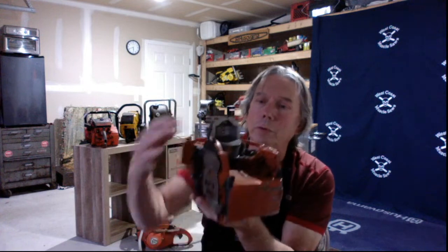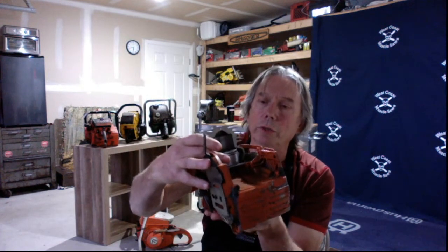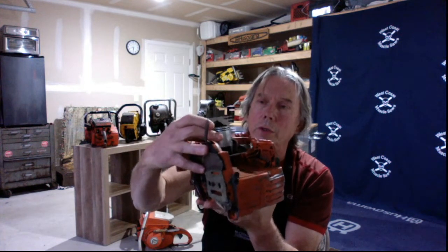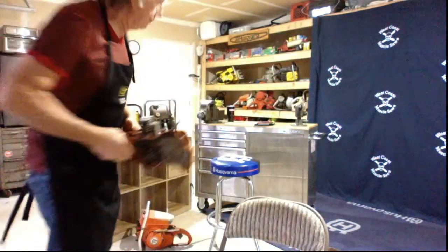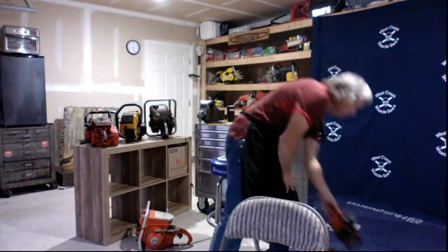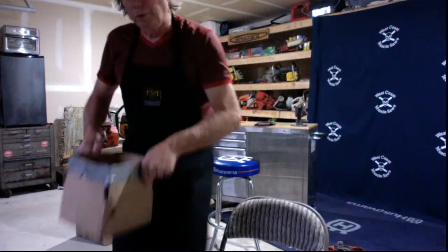And that's what we do when we deck the cylinder. We're increasing this ratio here. When we compress it, we're compressing it more, getting a bigger bang. And the way they do that, or the way we do it, is the cylinder comes off, and then I send it to Harry,